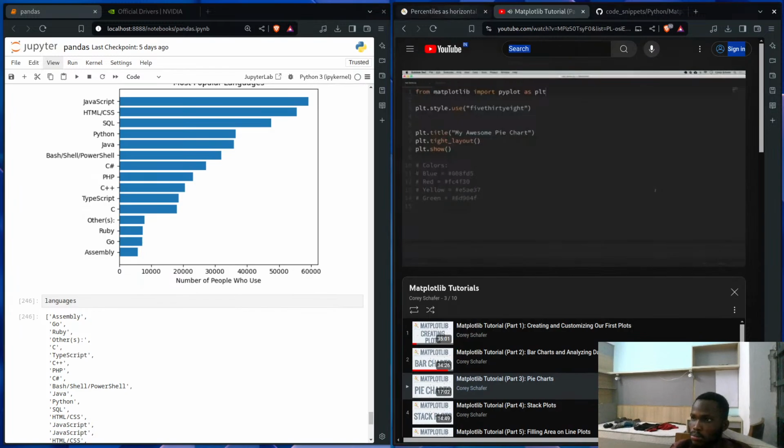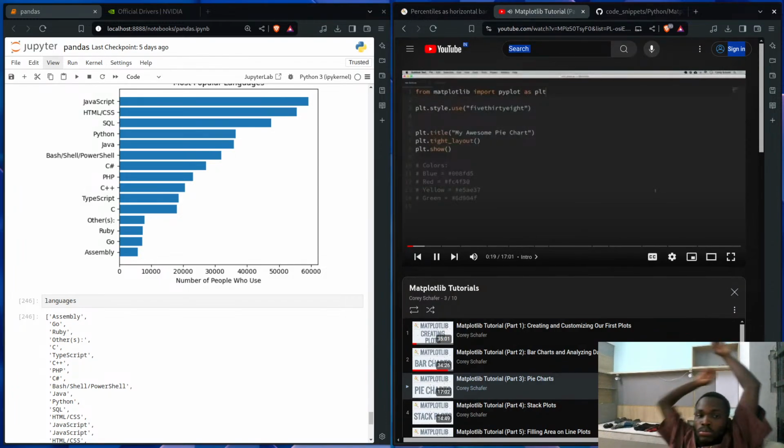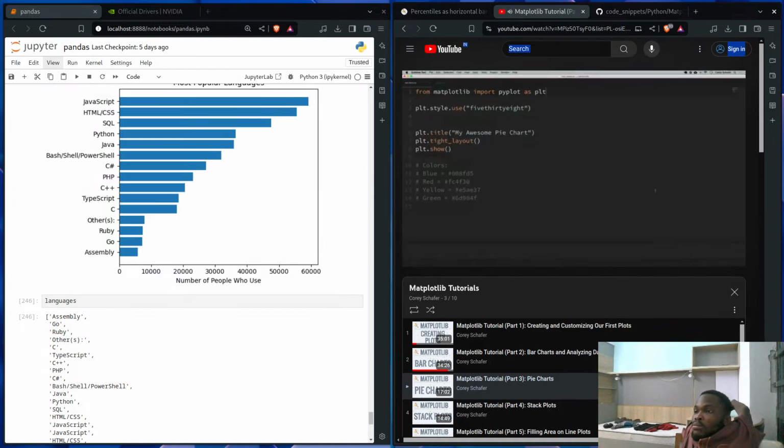They're similar to bar charts that we looked at in the last video, but instead of plotting certain values for each category, it's instead going to show us the proportion that each category contributes to a whole. So basically, just like the name implies, you can think of our chart as a pie, and each category will be a slice of that pie. And the larger the slice means that category has more of whatever values we're measuring. So let's go ahead